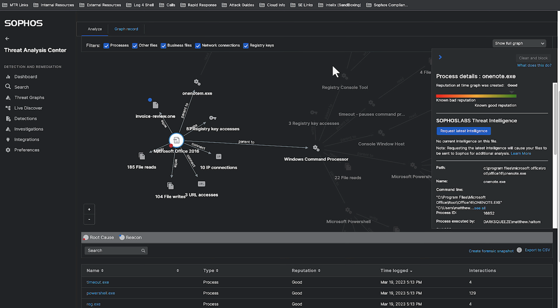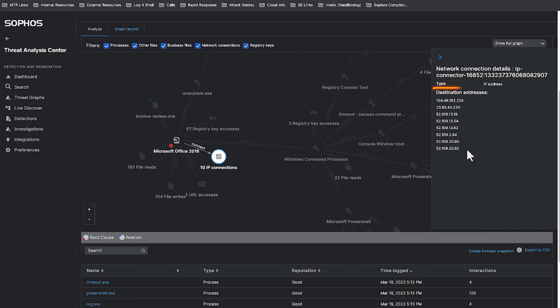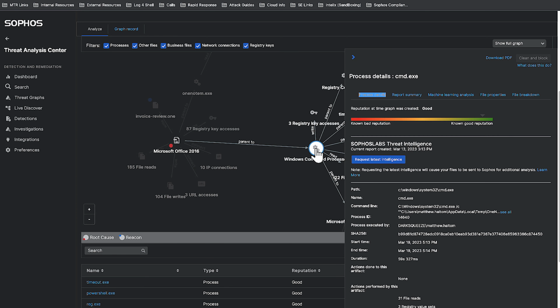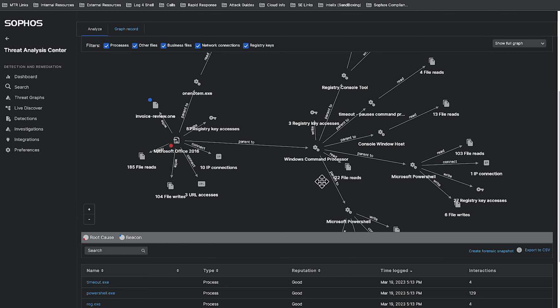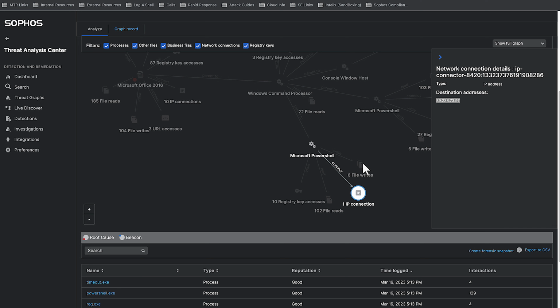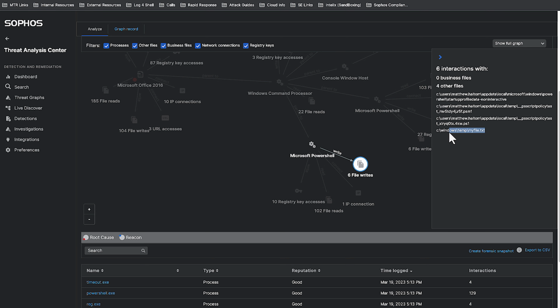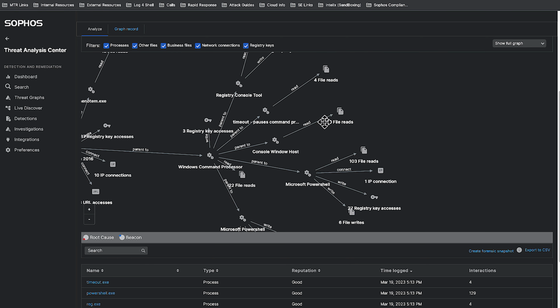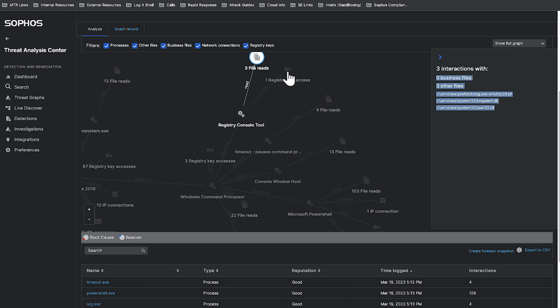They will gather the associated IP connections to perform open source intelligence to identify if any of the connections were truly malicious, as well as collect any child processes, connections, file creations, registry key modifications, and hashes.